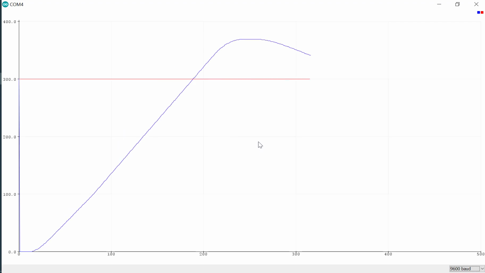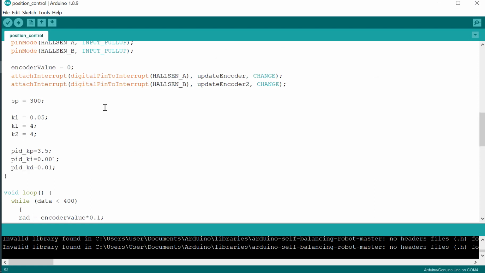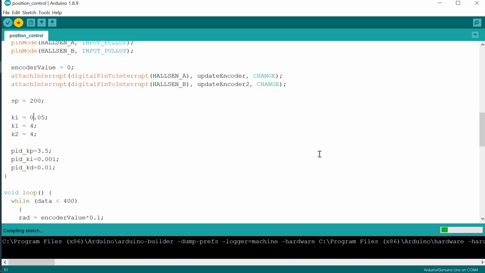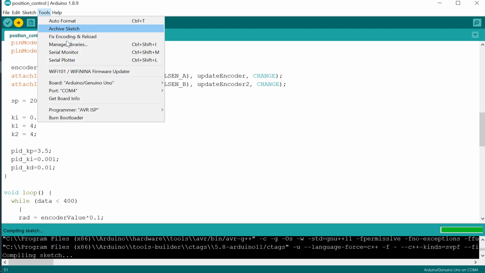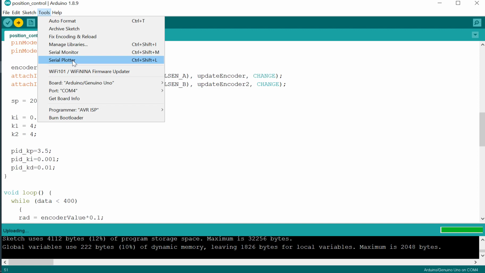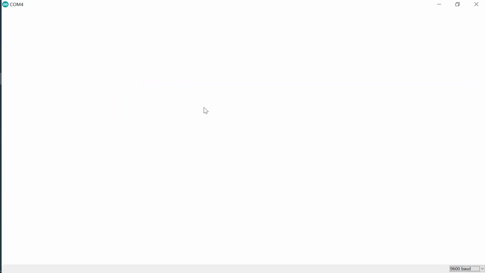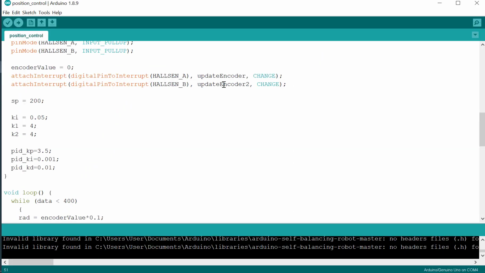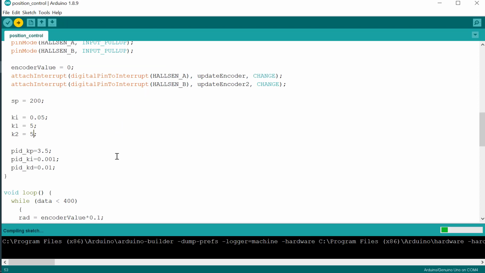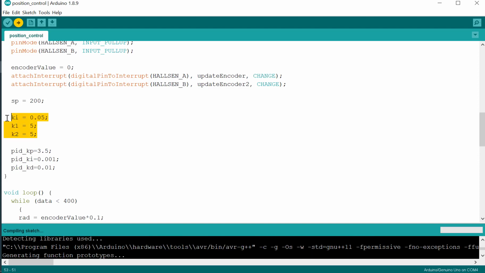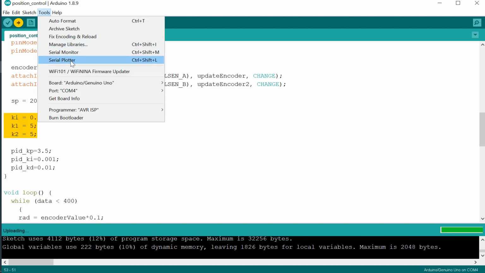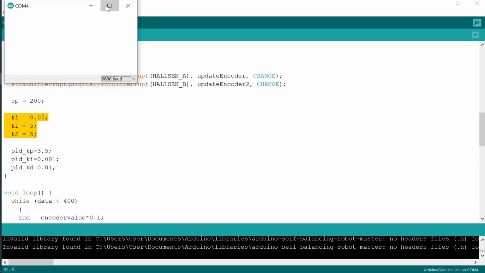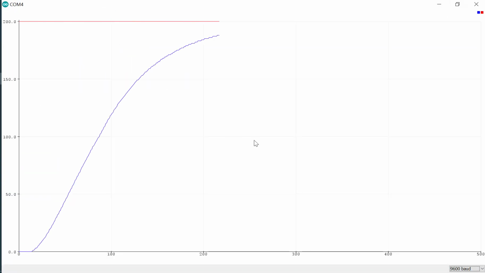But when we change to 300, the response is not good. So this parameter is good for the set point 200, but when we change it, the response is different.